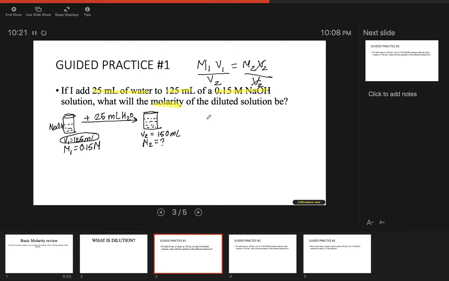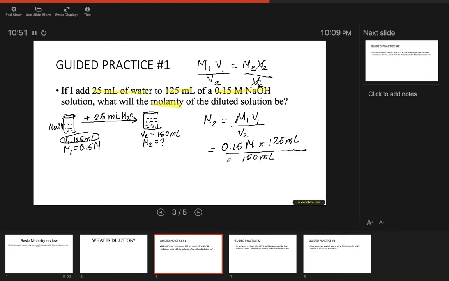V2s cancel. So M2 equals M1 V1 over V2. M1 is 0.15 molarity times V1, which is 125 milliliters, divided by V2, which is